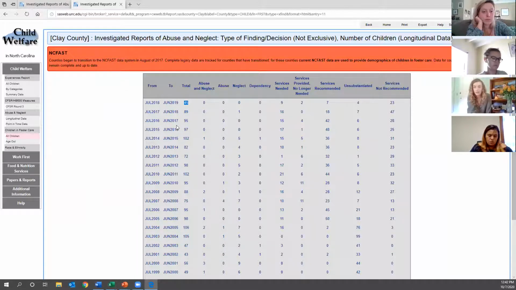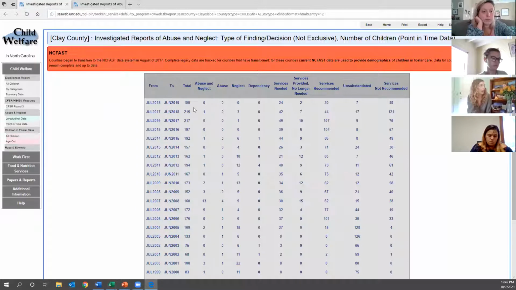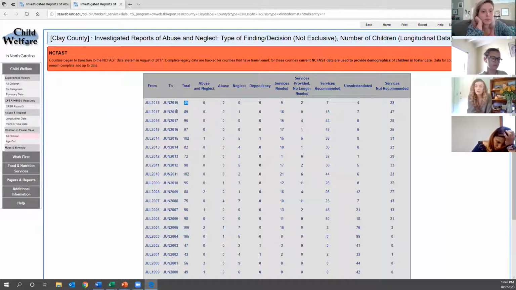So what that tells us is that out of these 100 children that had investigated cases, 45, this was the first time they ever had an investigated case. So they're showing up in this group of cases. And as more fiscal years happen, there might be other findings added to this table because the child is always going to be tied to the fiscal year of their first report in the longitudinal data.